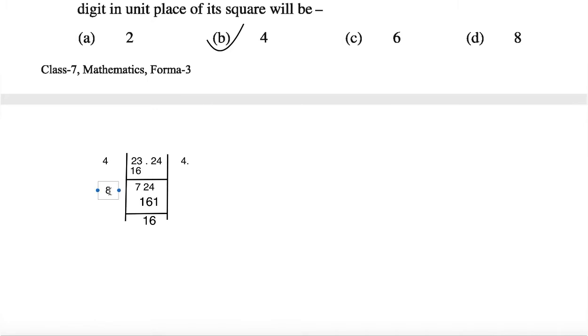8 2 ja, 8 2 2 ja 4, 2 8 ja 16, not enough. 4 ja, no. 6 ja, no. 2 2 ja 4, 3 3 ja 9, 4 4 ja 16, 5 6 7 8. Again 8 may work out, I guess. 8 8 ja 64, 64 plus 6 70. 24 will come down.